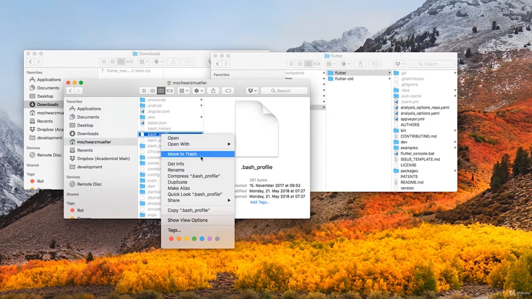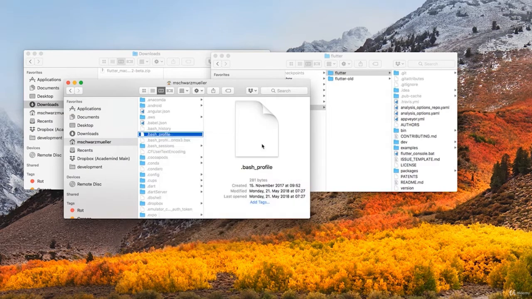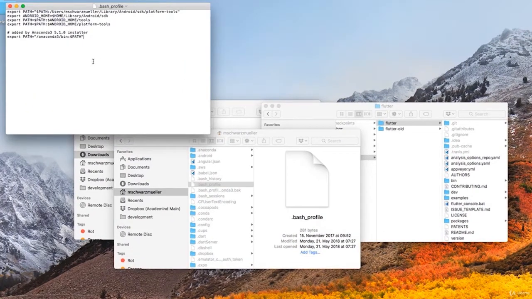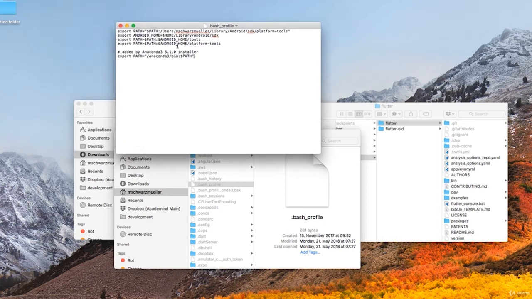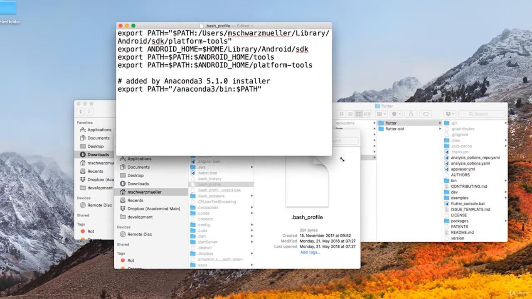Now you can simply open that with the normal text edit app or with any text editor of your choice. Now if you're using the text edit app, just make sure you're viewing this in plain text mode, not in rich text mode. So if you open this then, let me make this a bit bigger, you can edit this